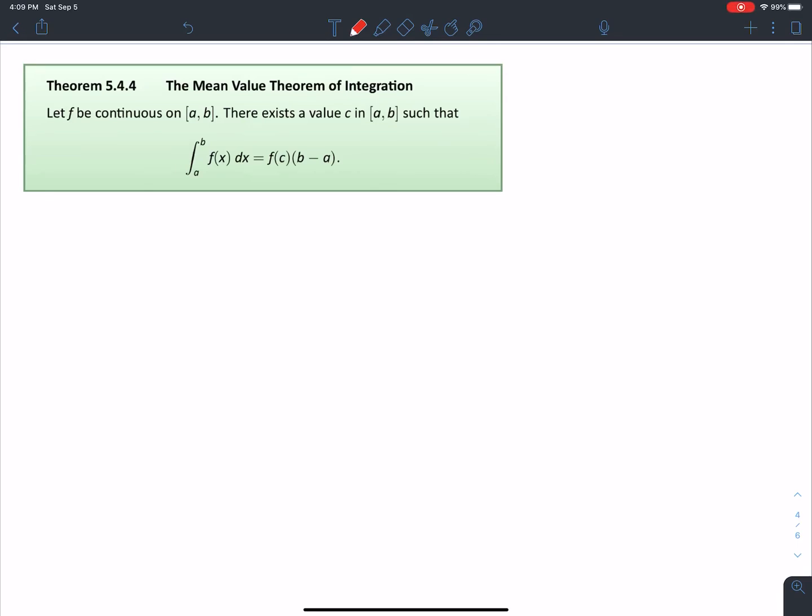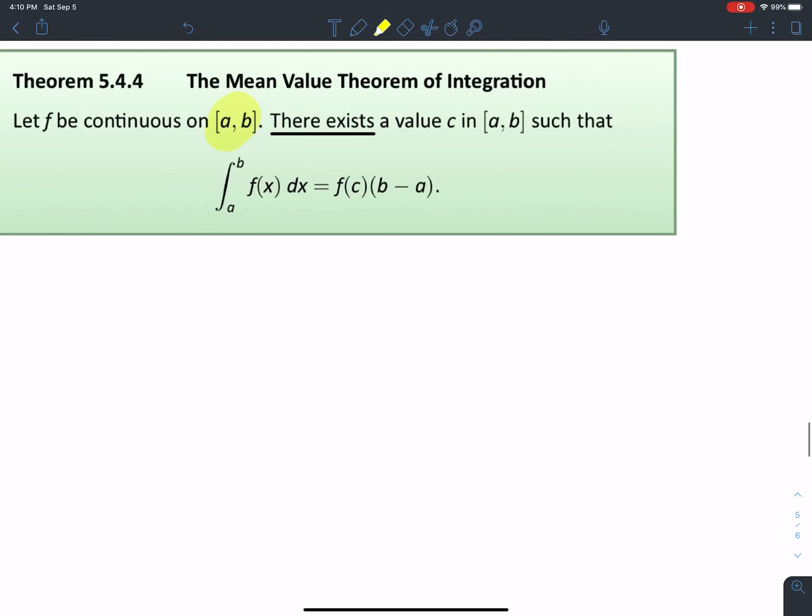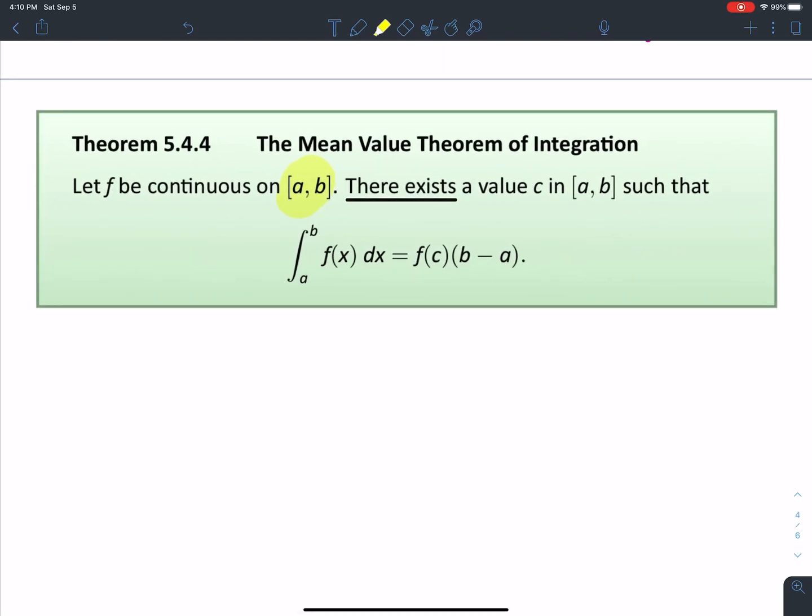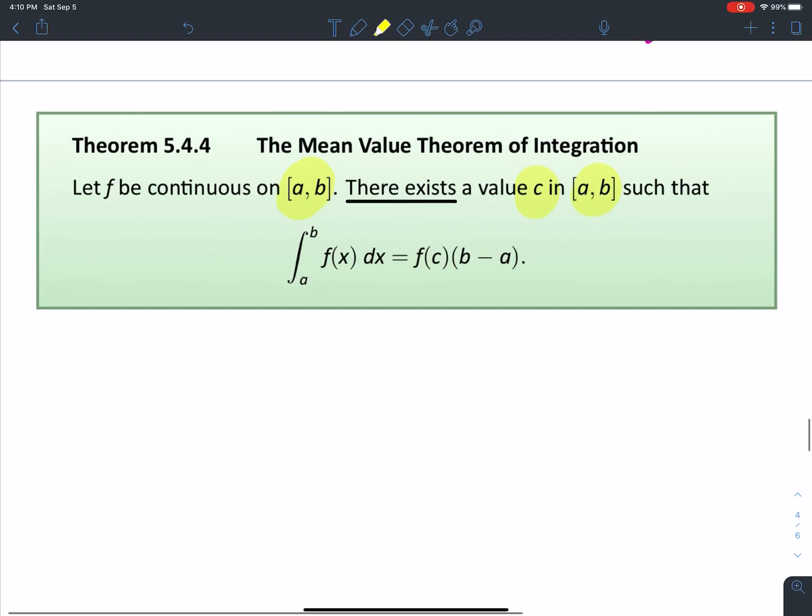Okay, so in this video we're going to talk about the mean value theorem for integration. Before, we talked about the mean value theorem for differentiation. So let f be continuous on the interval a to b. Then there exists a c value in (a, b) such that the definite integral from a to b of f of x dx is equal to f evaluated at that c value that's in between a and b, times b minus